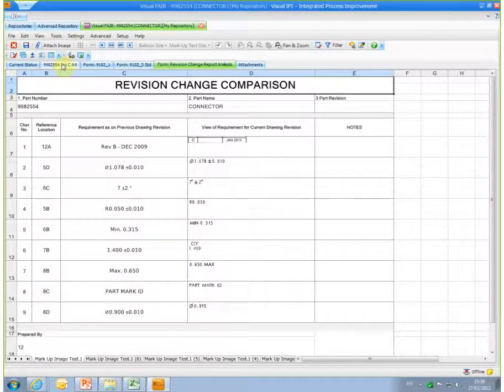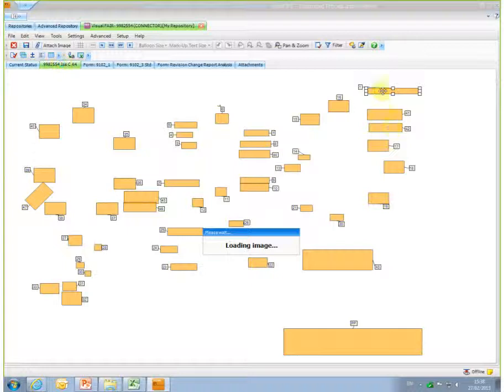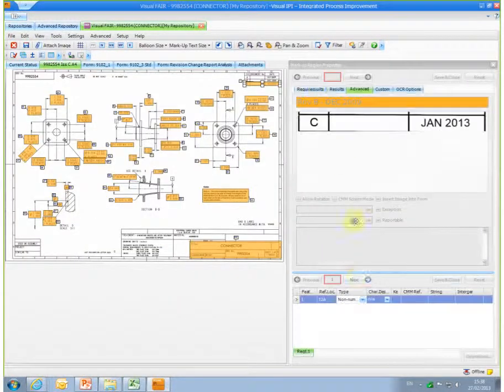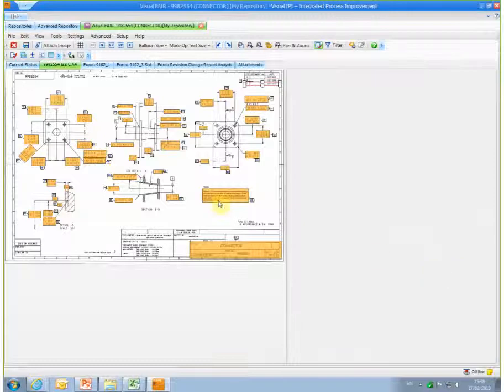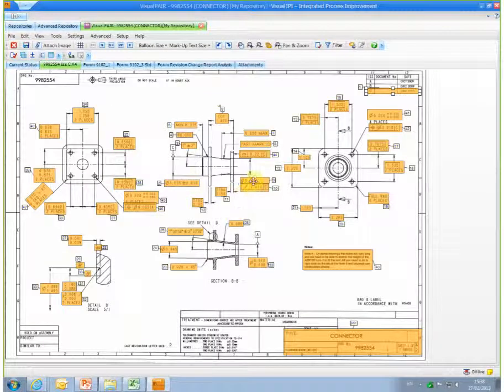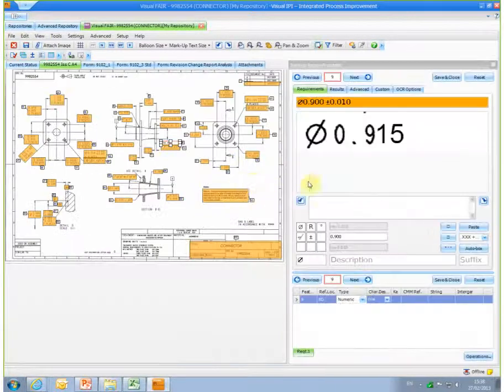So those two I can tackle, I can change that requirement to Rev C, January 2013. I can also locate this diameter, and again there I can change it to 915,